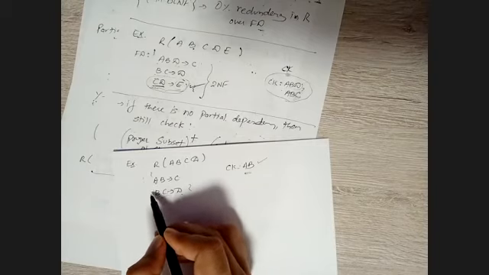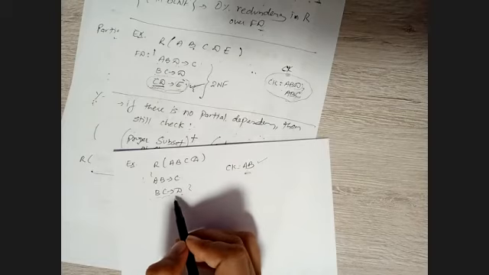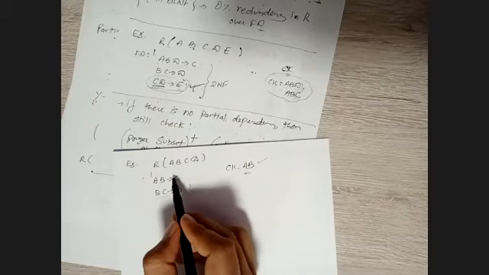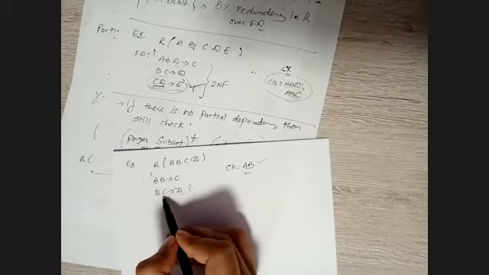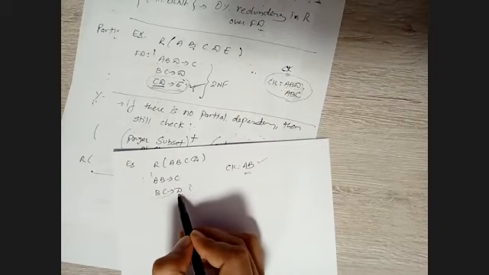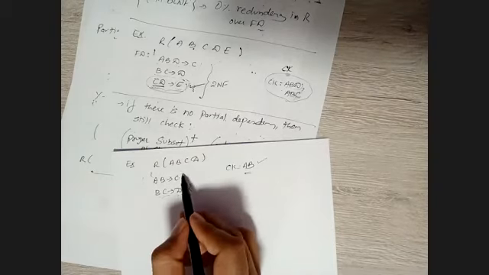Check for 3NF. What does 3NF say? Either X should be a super key or Y should be a prime attribute, right? So here, okay, this is fine, but D is not a prime attribute. Even this is not a super key, and this is not a prime attribute. And this is not in 3NF. 2NF now. For 2NF partial dependency, there is no partial dependency.